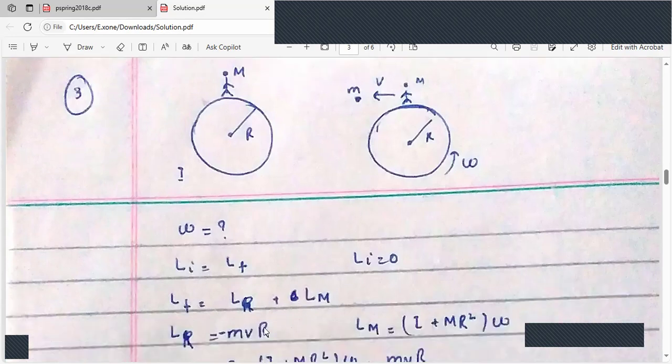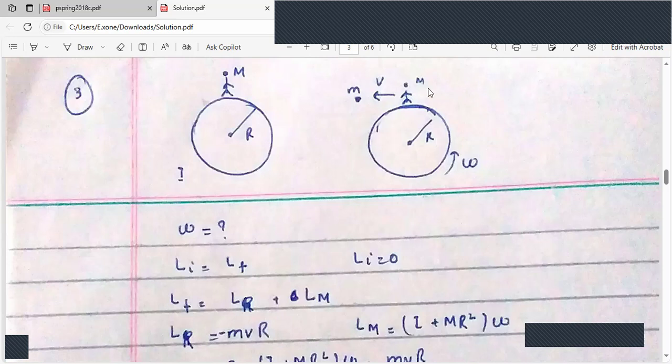The angular momentum of the rock has a negative value because we are assuming that the positive direction is along the right. So it is minus MVR,